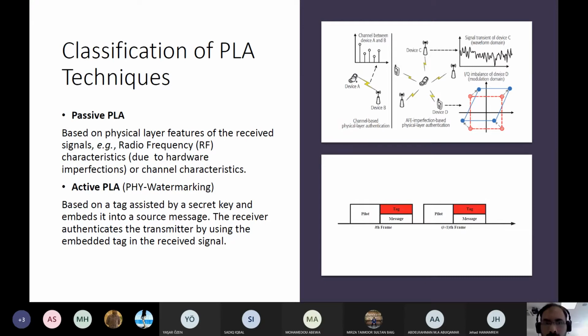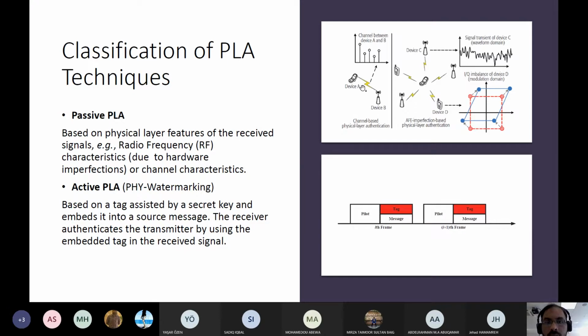Now, devices A and B send the pilot signal to each other and estimate the channel. The attacker here will also receive this pilot and estimate the channel. The channel between A and B and between the attacker is different, one thing.